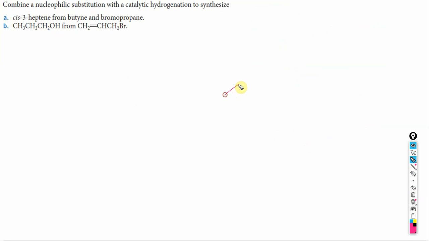So we should make 1, 2, 3, 4, 5, 6, 7. On the third carbon, you want to have a cis alkene. We are supposed to make this from butyne, an alkyne, and bromopropane. That's bromopropane, 1, 2, 3, and that's butyne, 1, 2, 3, 4. So we should try to make this compound, the product, from here, not just with one reaction, but